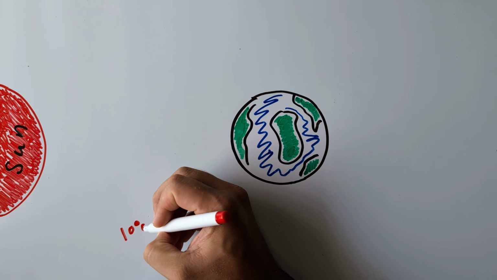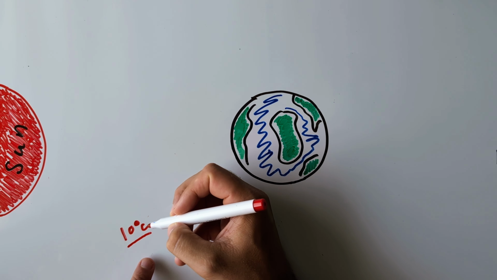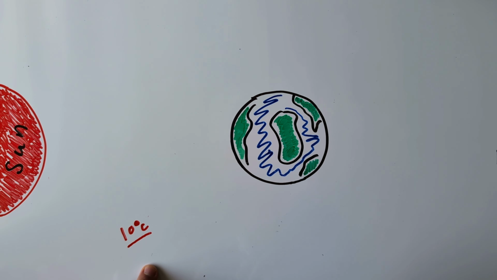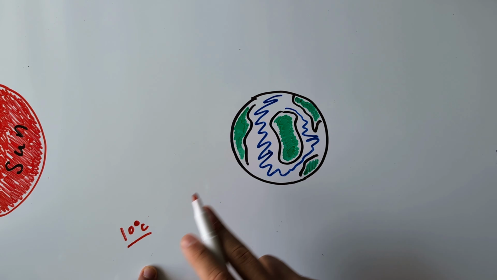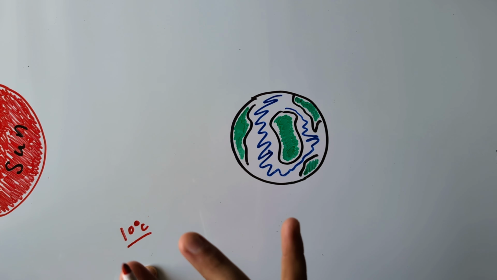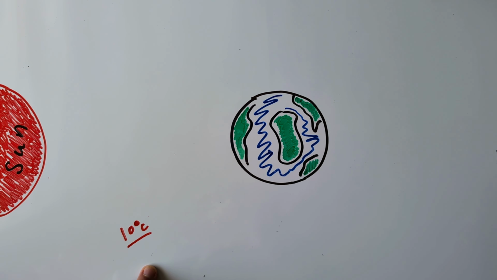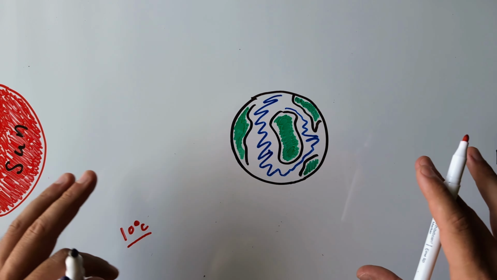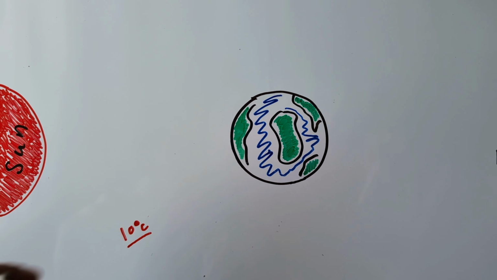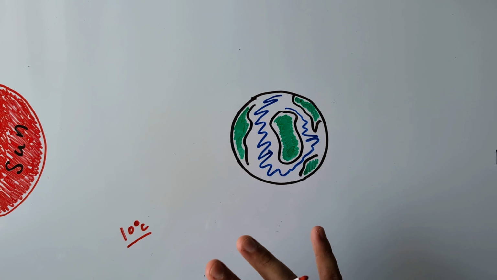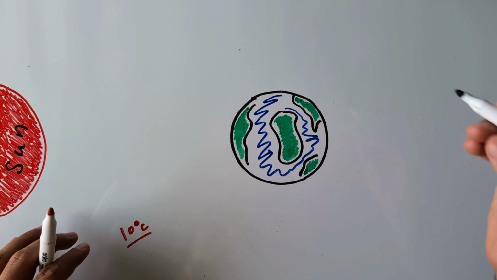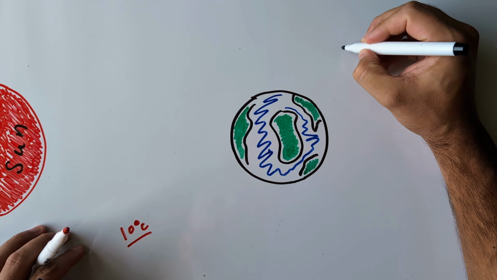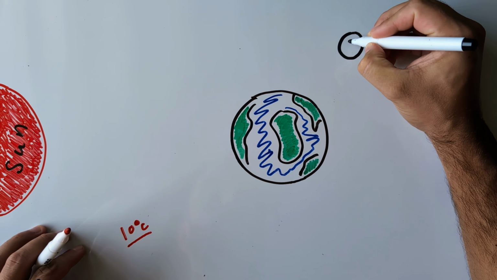So, it helps to regulate Earth's temperature on average at 10 degrees. That combined with water is what scientists believe to be the key conditions that you need for life on Earth. So the fact you're watching this video, the fact that you exist as a human being, or any species does, is because of this process. So you should really be thanking this process for your existence. I'm sure you are. And if you don't believe me, let's go look at the moon.